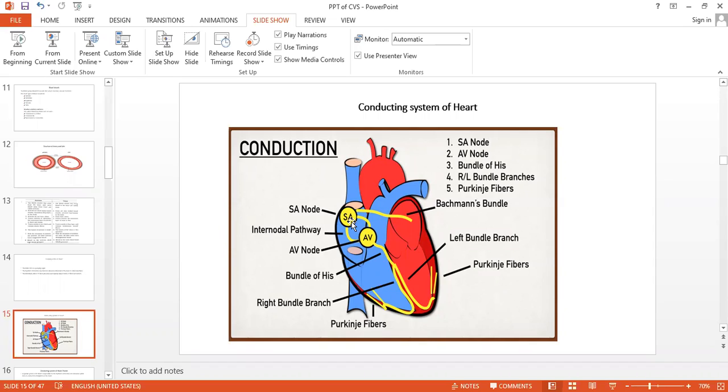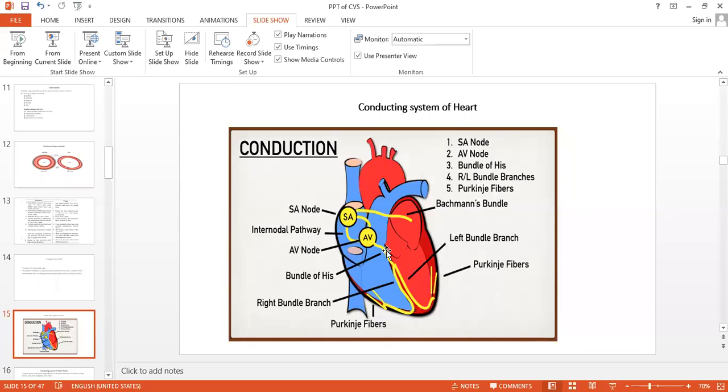The impulse is transmitted from the SA node to the AV node. And after that, the AV node transmits the impulses to the bundle of His,